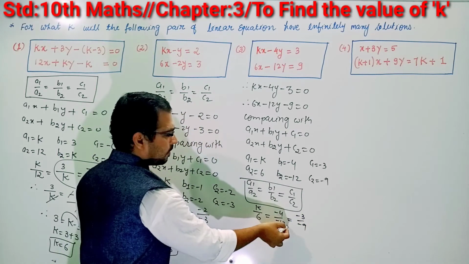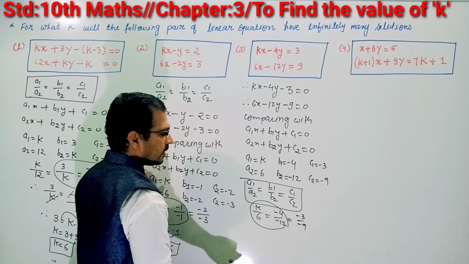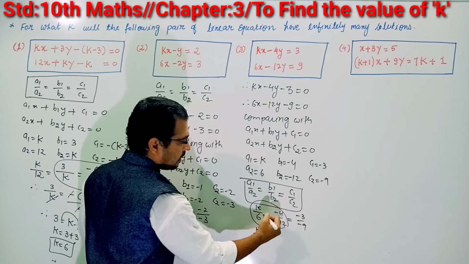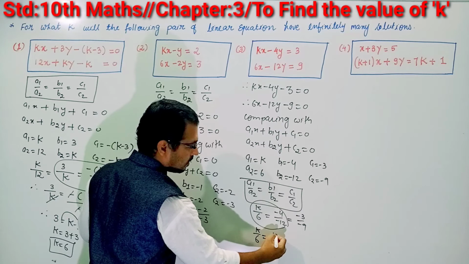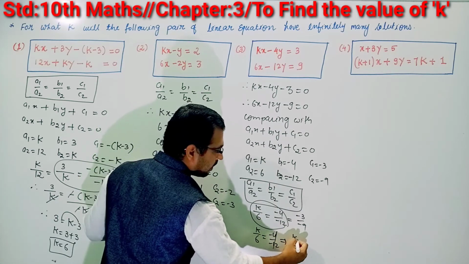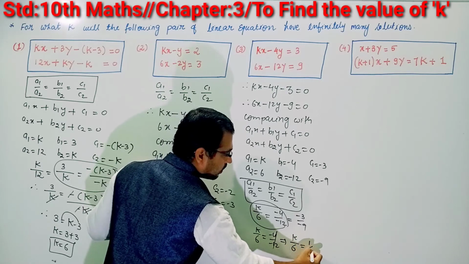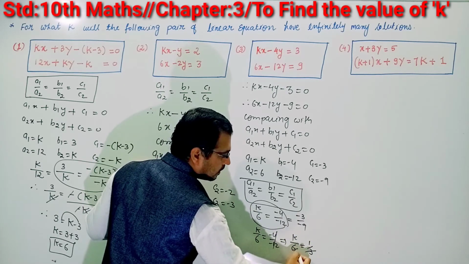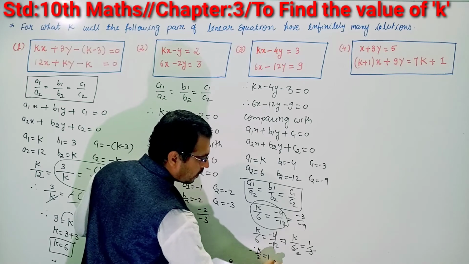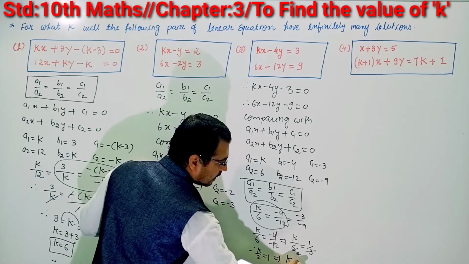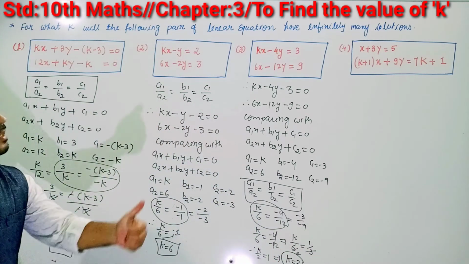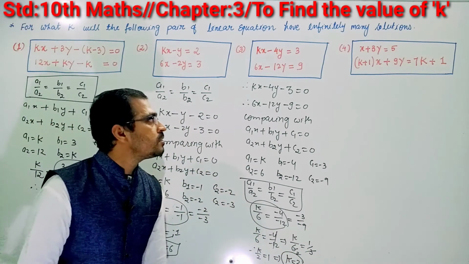Okay, students, you can compare any two ratios over here. So we are writing k by 6 and here is minus 4 by minus 12. These can be cancelled out. So what we are getting? k by 6 is equal to 1 by 3. They will be cancelled by 2. So what we are getting? k by 2 is equal to 1. That implies k is equal to 2. Okay. Now moving to the final question.